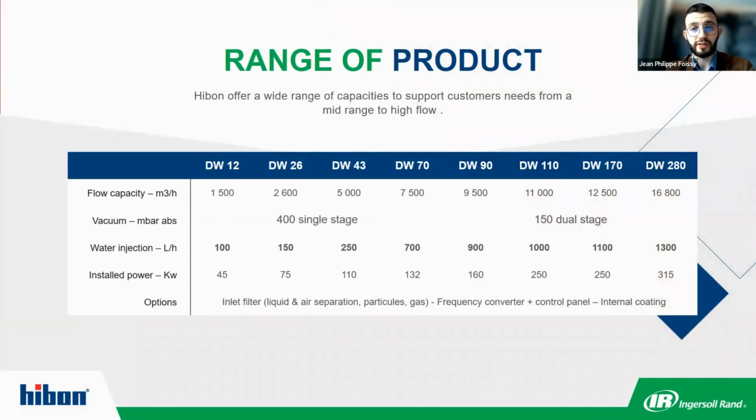Regarding the range itself, today we have a standardized range between 1,500 cubic meters per hour up to 16,800 cubic meters per hour. But what you need to keep in mind is that a DW package, a DW machine, is only an adaptation of another series of machine. So we could have a 50 cubic meter per hour machine running with water injection,